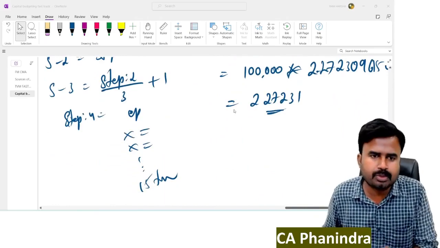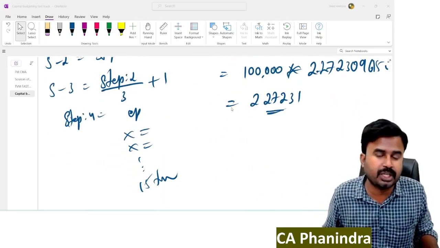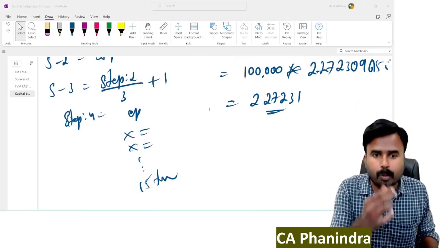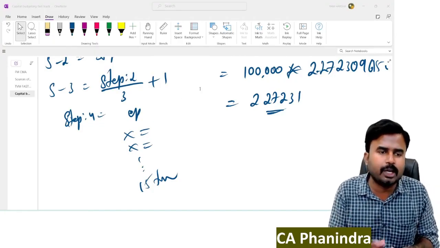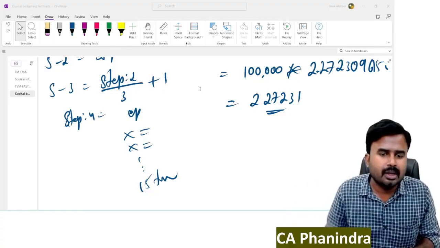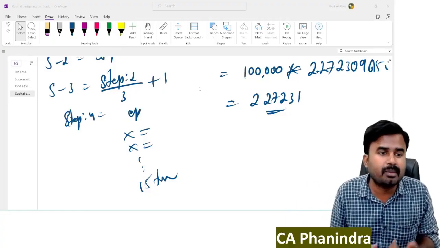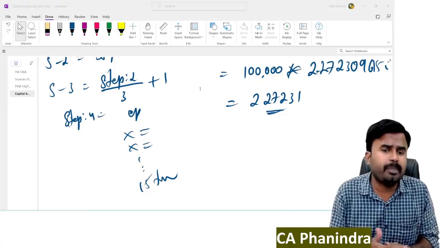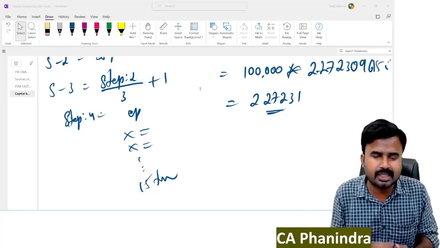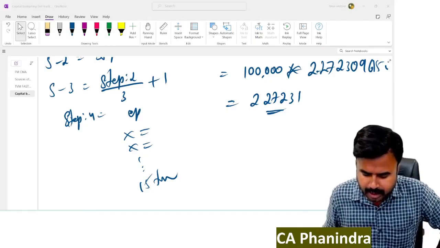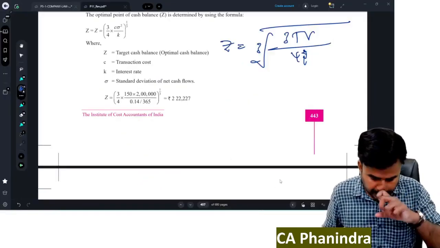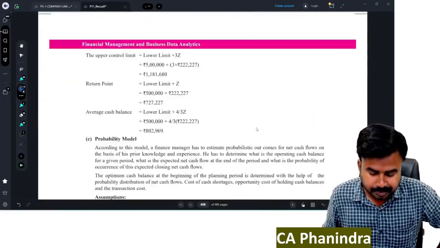Okay. Follow this process strictly, because you don't have any other option if the number is not given in the problem. Application of logarithm is a difficult task, because applying logarithm, anti-logarithm, and referring such numbers in the table, and such a table may not be available in the examination hall. So because of that reason, you better follow this process. This will give you full marks. Okay. Now let me go for the next concept